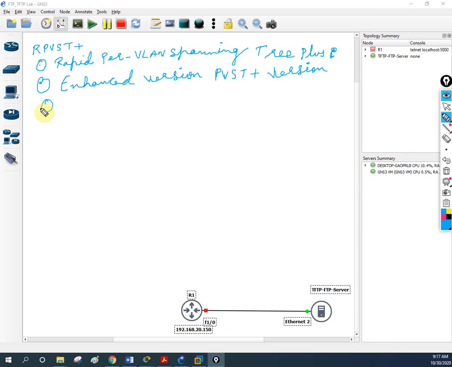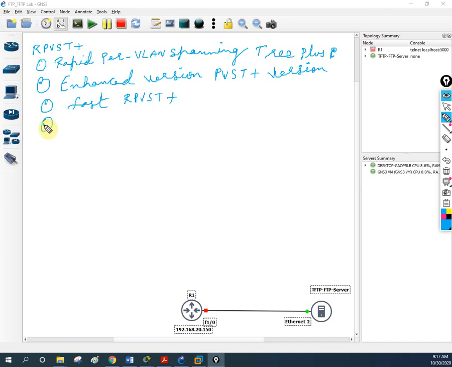PVST plus allows the spanning tree calculation and convergence as we discussed. So I will write fast here. Compared to PVST plus, RPVST is fast.